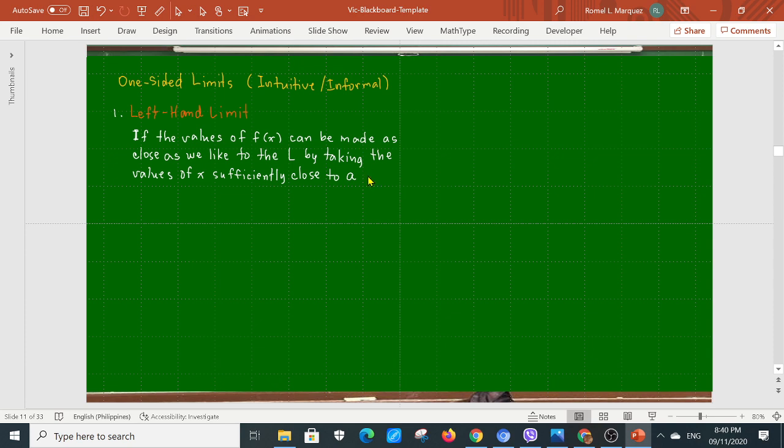Sufficiently close to A from the left. But not equal to A, of course. Then we say that,